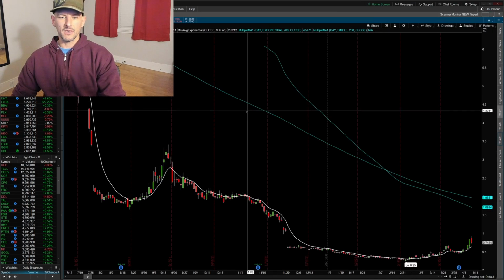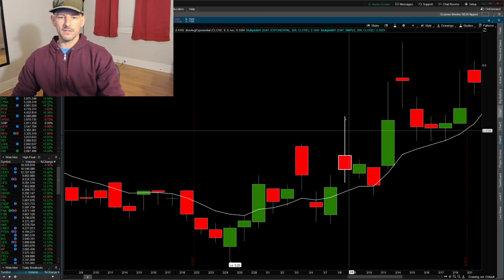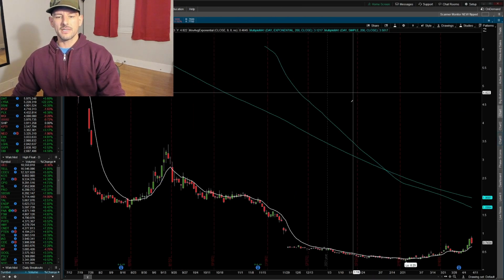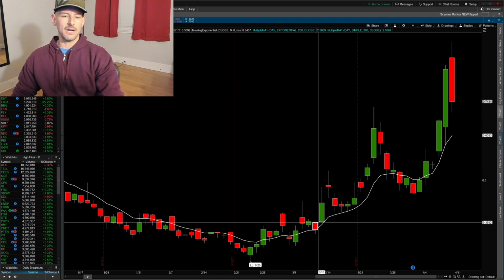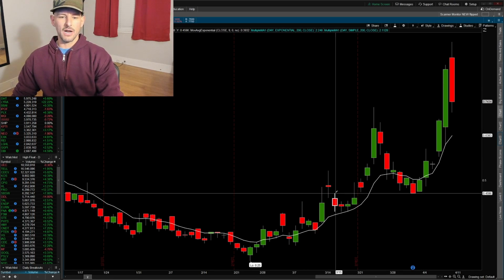So let's take a look at it again. So we had a lower high here, a lower high here, and then a breakout. Okay, and then now we can see the whole thing starts over again. So now we were looking at this initial spike. Now let's look at this spike. See this spike right here? 2 days up, lower high,